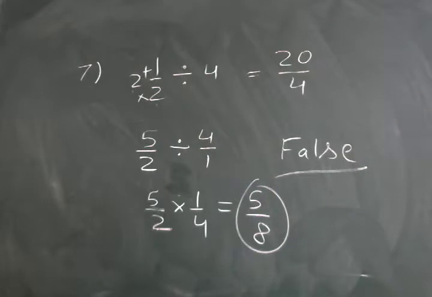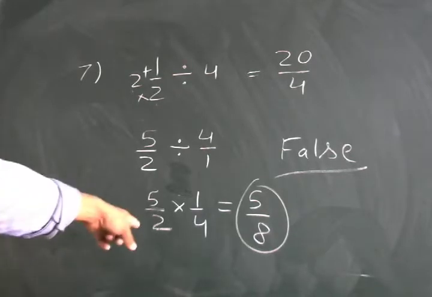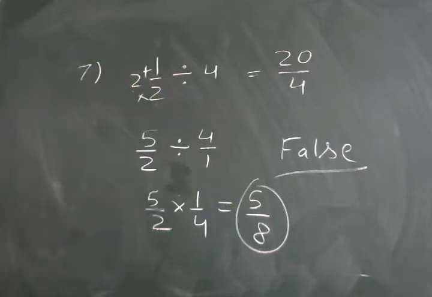So this one is also false. Yes, Shaktiman. Sir, because the answer is false, but in the board it is written, but in my book another method is there. Will the answer be correct? No, this is only the question and the answer came 5 by 8. So this is false. Means in my book, the method is this one.